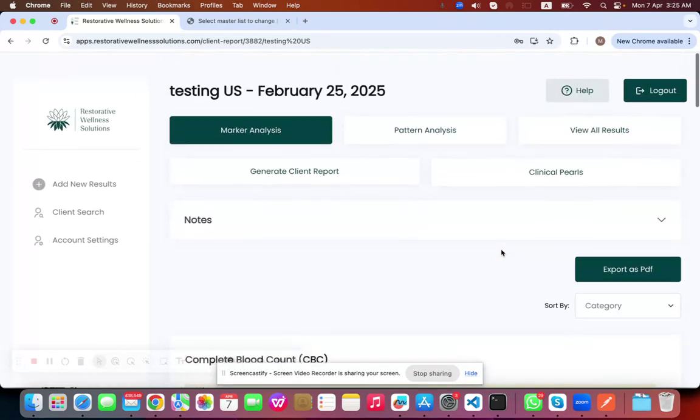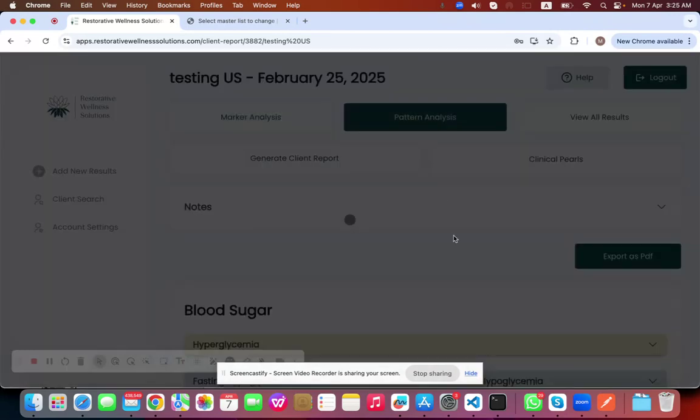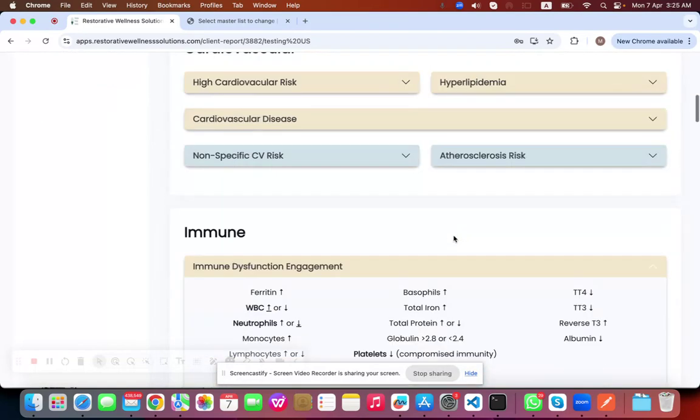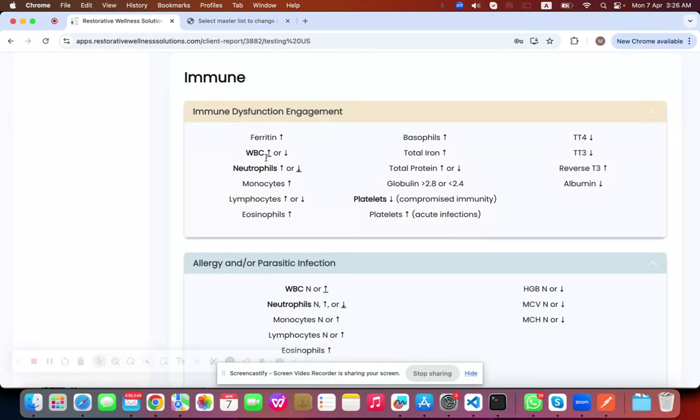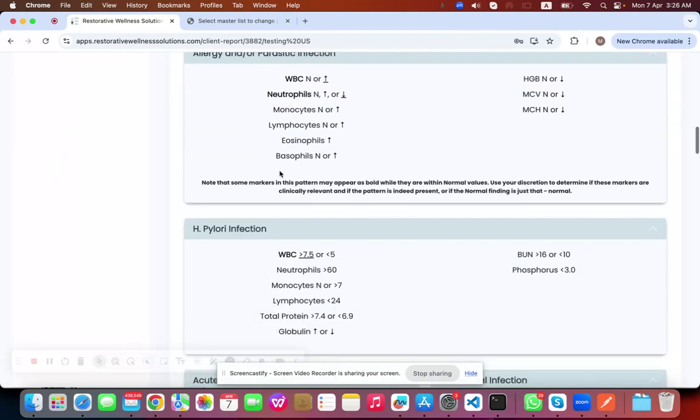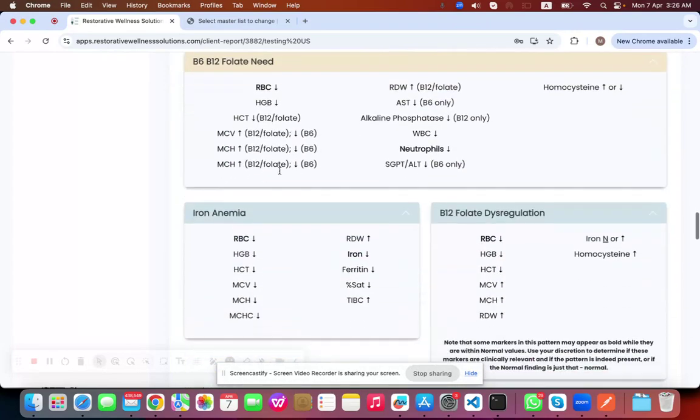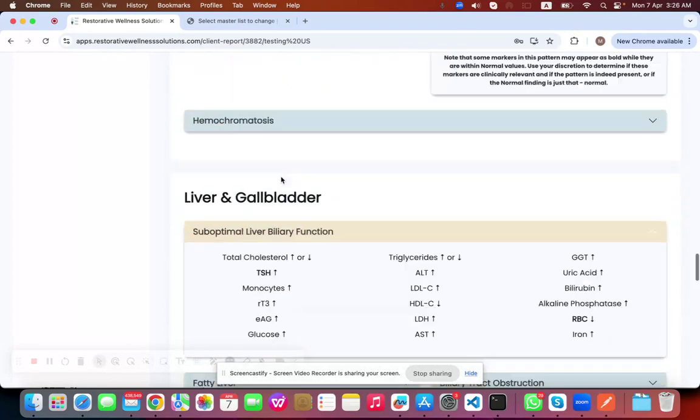And then we have the patterns here. If I click on here, we can see the patterns. We can see the patterns here. WBC is greater than here. Then we can see all the patterns here,